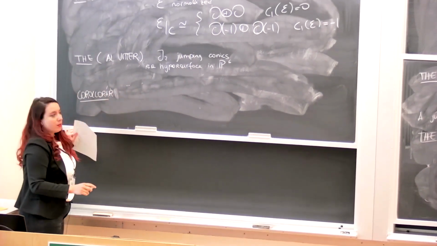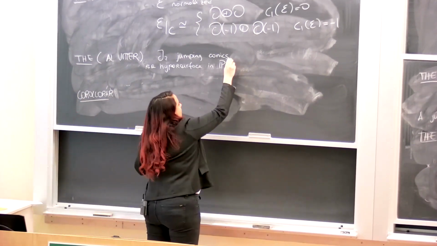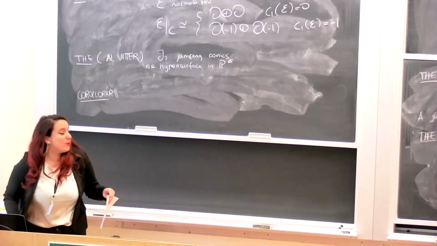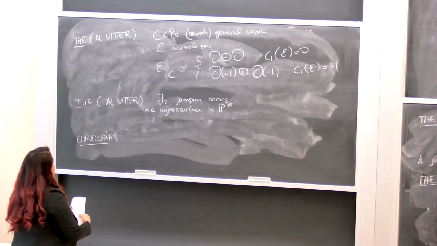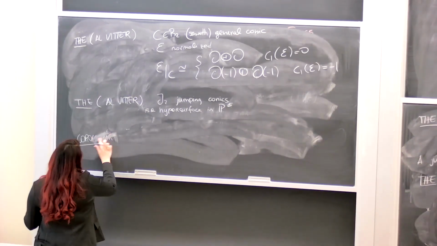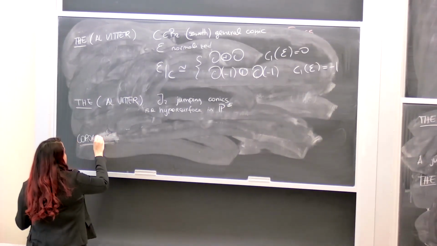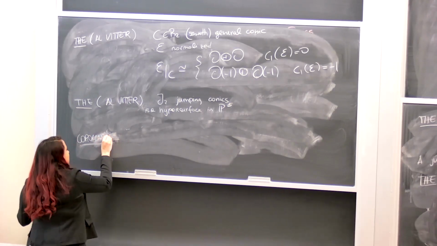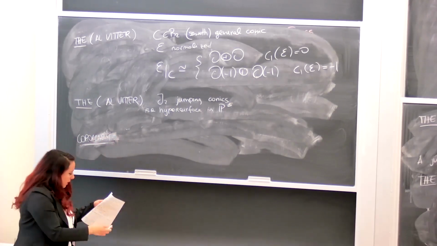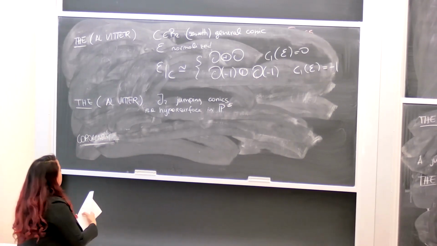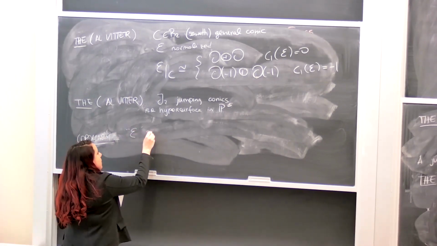Yes, P5, yes. 6 variables, yes, sorry. As a corollary, we have that in the case that E is semi-stable,